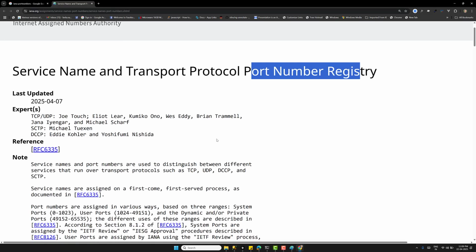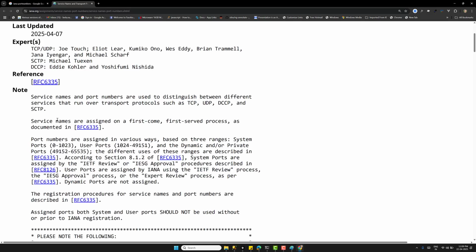Let's check it out. So here you will be able to see the port numbers. Here the port numbers are assigned in various ways based on 3 ranges. One is 0 to 1023, called system ports, and the user ports are 1024 to 49151. And another one is the dynamic or private ports, 49152 to